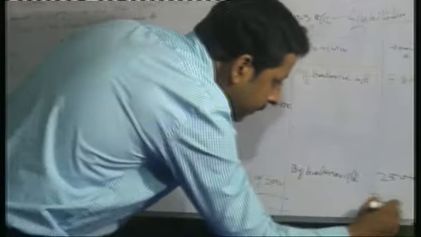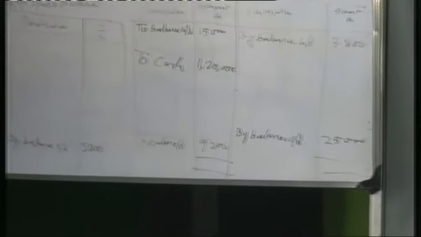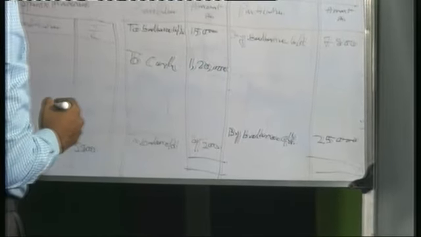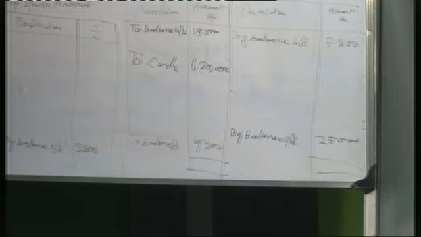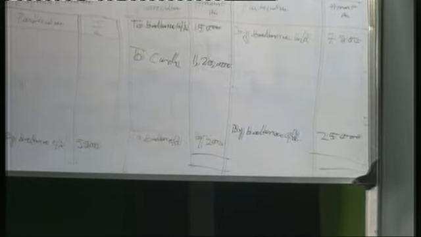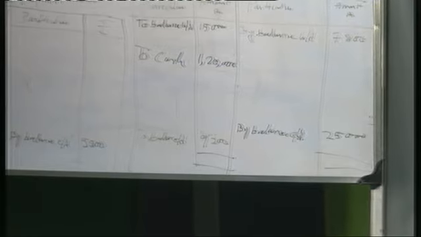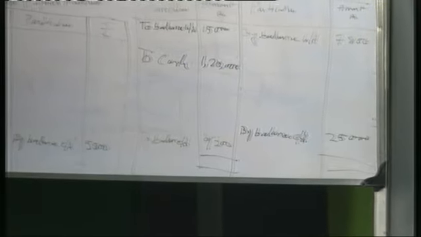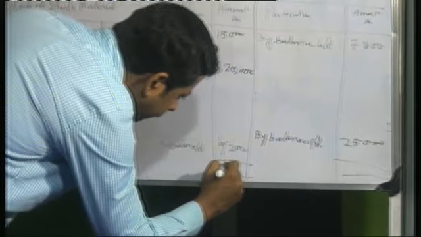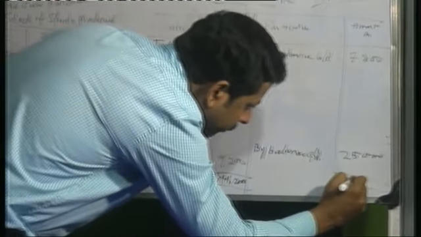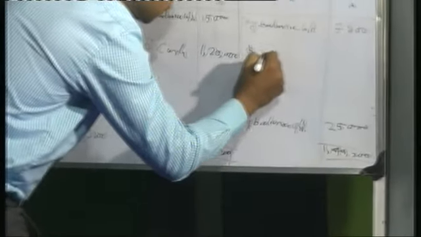And from where now we will add this. What would be the amount? 1,44,200. Here also 1,44,200. So the balancing figure is the purchase